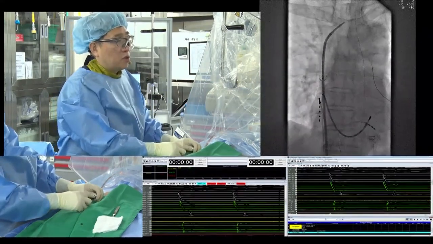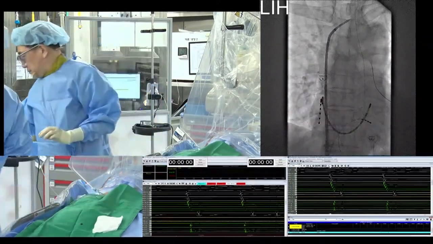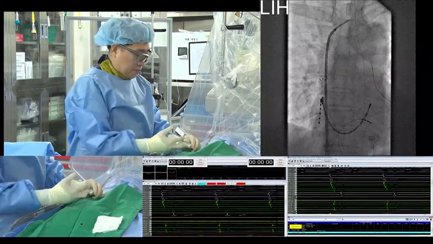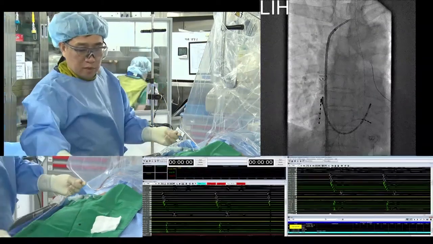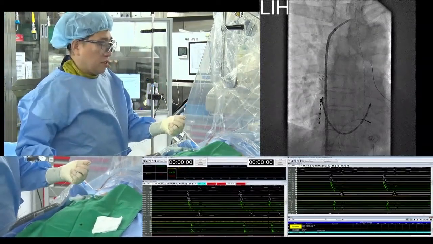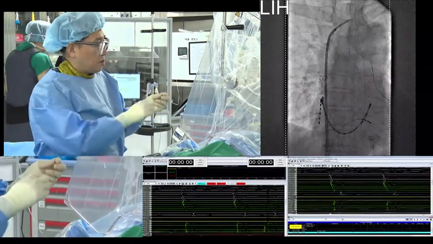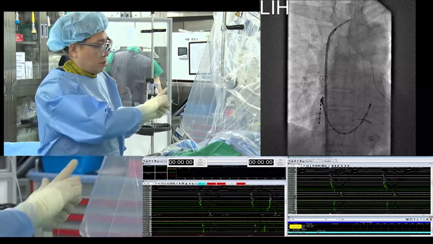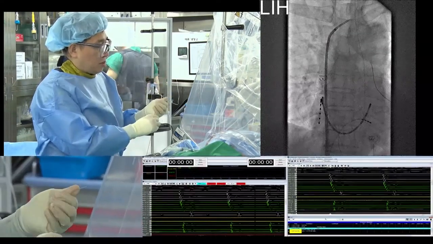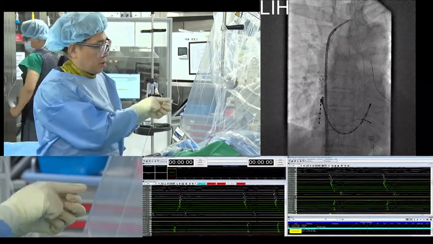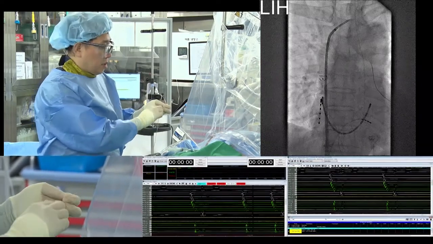The location of the innominate vein is just one vertebral body length higher than the trachea bifurcation. You remove the guide wire and then flush, and put the transseptal needle, the Brockenbrough needle, inside of the dilator. And it is very difficult. It is very important to shape the Brockenbrough needle depending on the right atrial size and the septal angle.